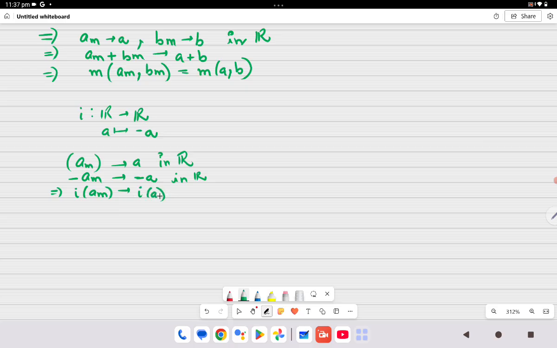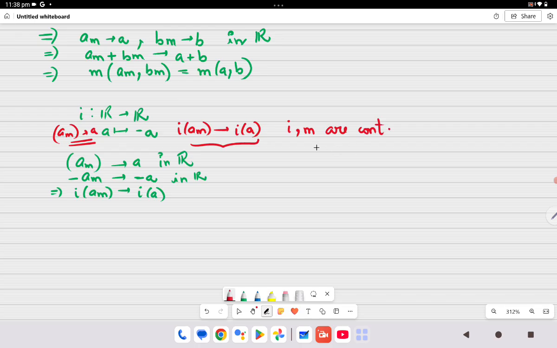And what does that mean? If I am taking any arbitrary sequence a_m which is converging to a, what I am getting is i(a_m) converges to i(a). So this implies that i and m from above, they both are continuous,